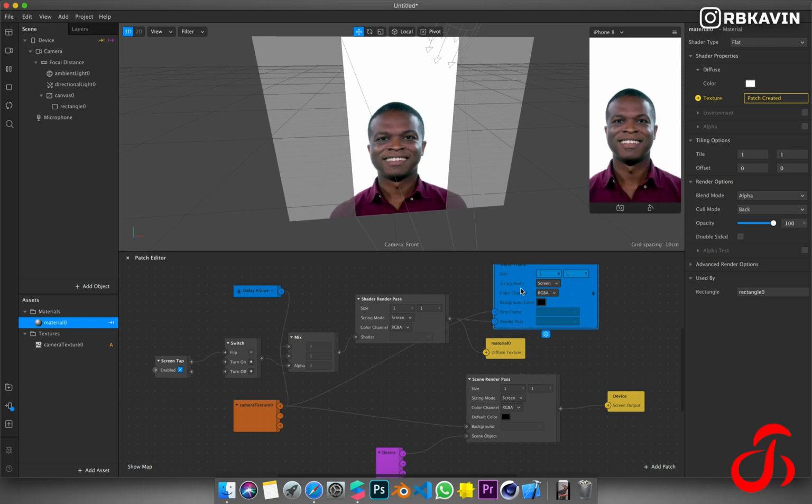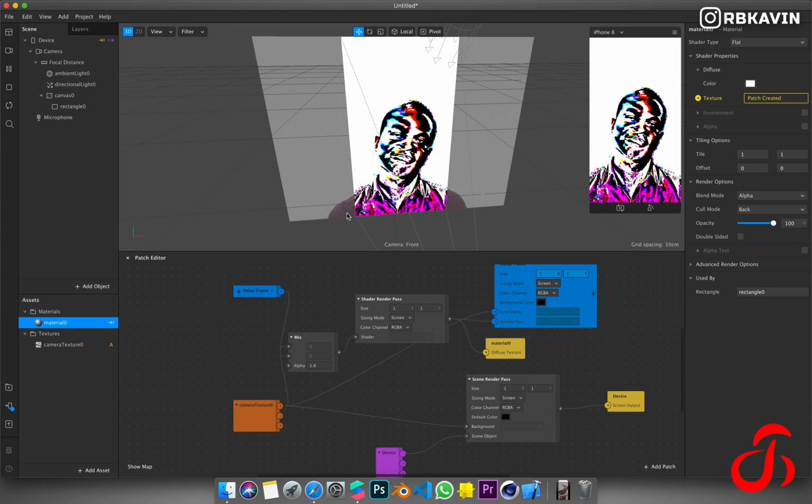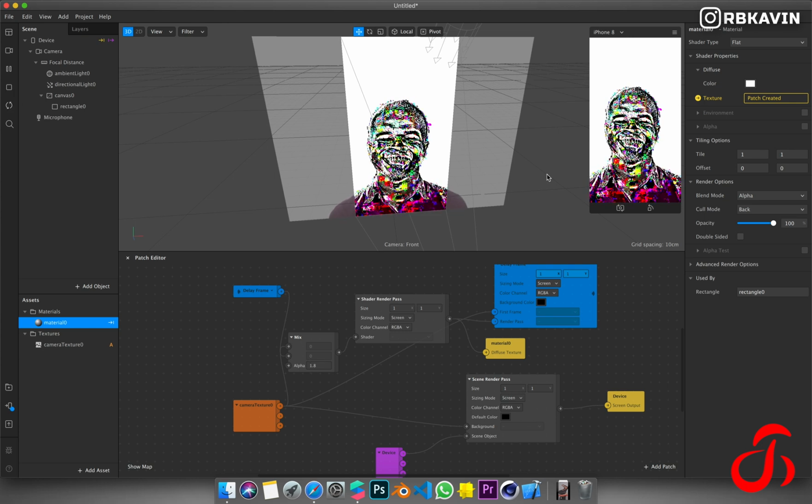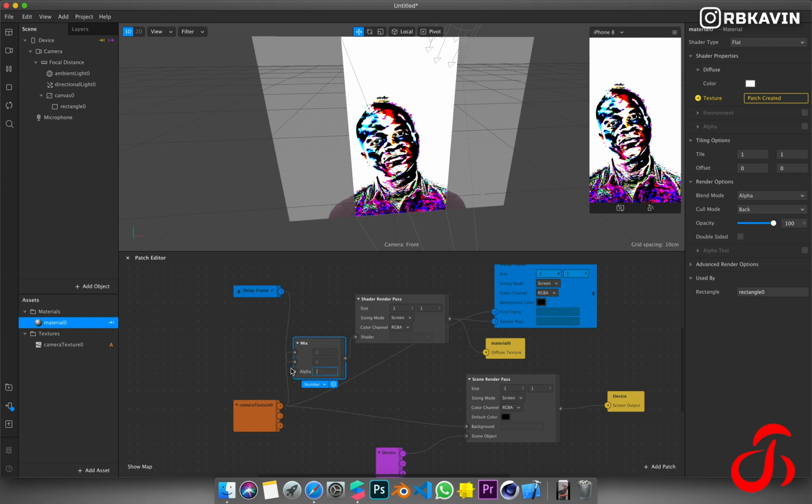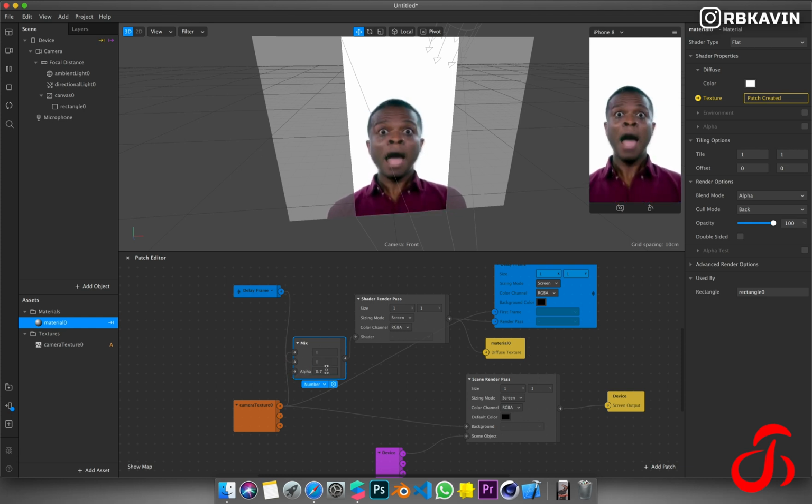But what if you want to make something cool, as you saw in the entry before the video? For that, in this itself, if you just put 0.8, you can see we are having different kinds of artifacts or elements happening over here. You can just experience that. If I put 0.8, you can see the traces, people moving. If I put 0.9, you can see the transition between both elements. So based on the alpha value the mix is happening.